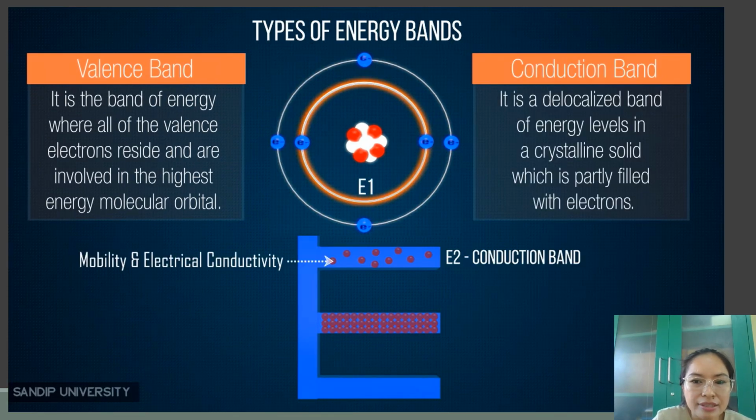The second type is the conduction band. The conduction band also has electrons, but these electrons are not bound to the nucleus of the atom and are thus called free electrons or conductive electrons. The electricity passes through solids because of these free electrons present in the conduction band. So look at this one here. You can see the conduction band nearest to the nucleus, and they are mobile or free electrons.